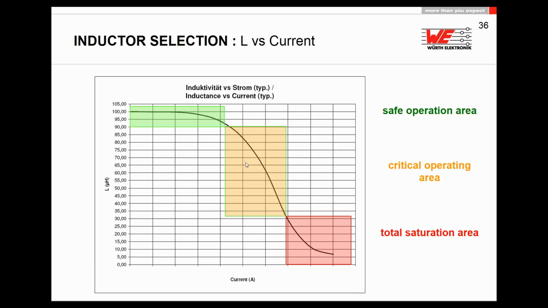So if you're applying a current of 10 amp and you consider in room ambient condition that you have 30% saturation still working, you have to take care when you apply this current and also have a hot ambient temperature, because that curve can drift. The red area, this red box, is a total saturation area. I would never recommend using an inductance in this area, because it's totally crazy